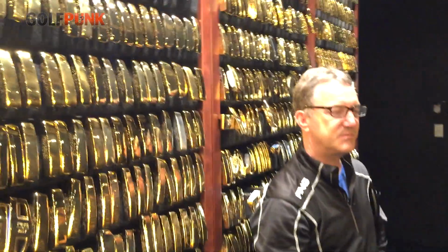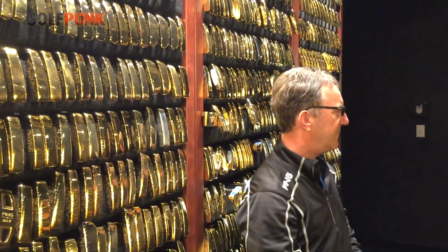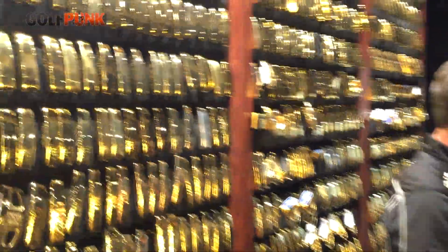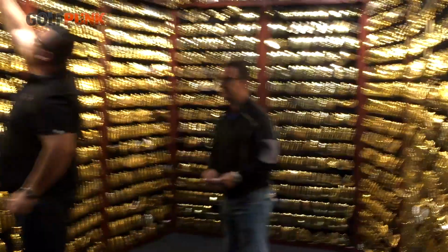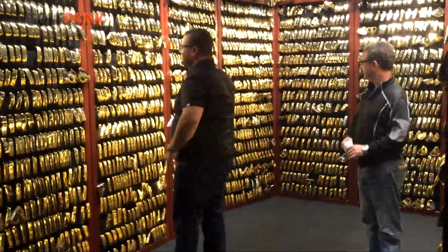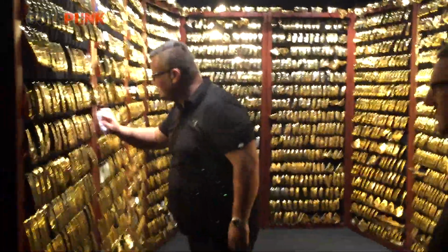Right. And have the engineers done any testing on the feel of gold as a material? No, but you know, we did hear, and I can't substantiate it officially, but back in the day we heard that Seve actually used one of his gold-plated ones in a tournament. So I don't know if that's fact or lore, but we did hear that. Give them a polish for you. And as I said,